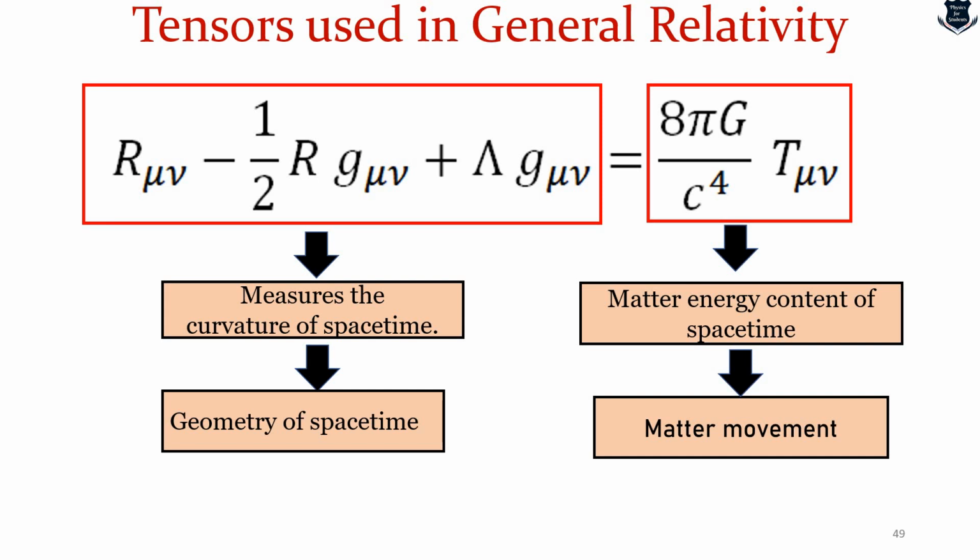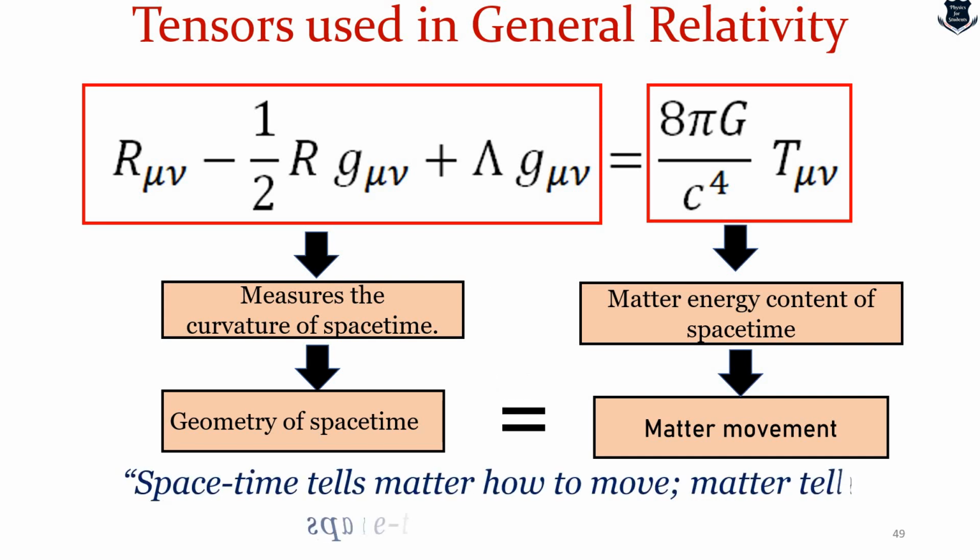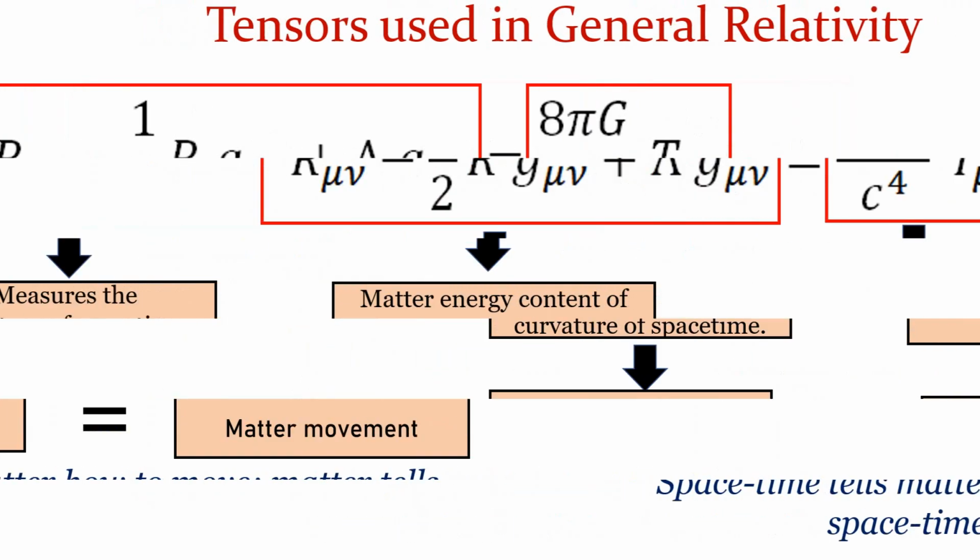So the right hand side is the matter which moves through space-time and generates momentum, energy, density, etc. Obviously that movement will create a curvature, and that curvature is being measured on the left hand side. That is the geometry of space-time. Together it is equated, and this is what we call: space-time tells matter how to move, and matter tells space-time how to curve. So that completes our entire video, and this is the time that we should summarize,